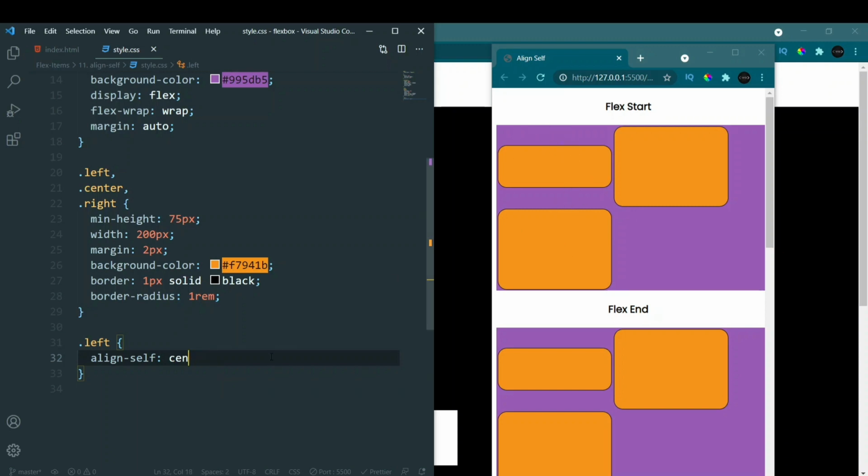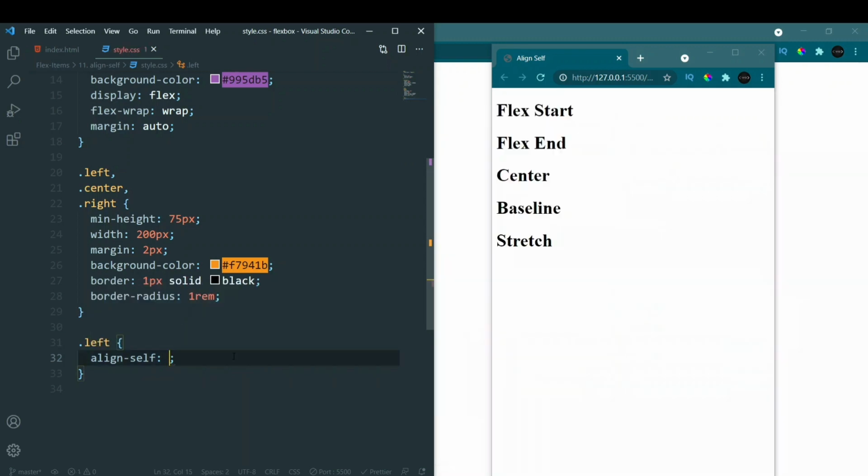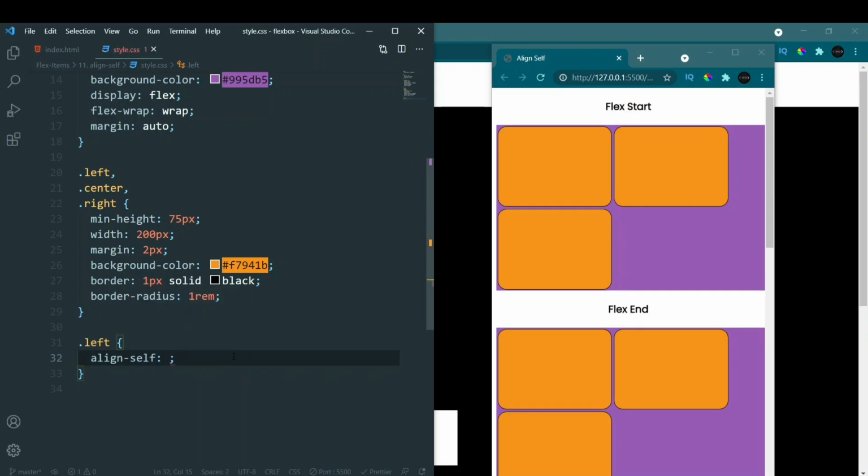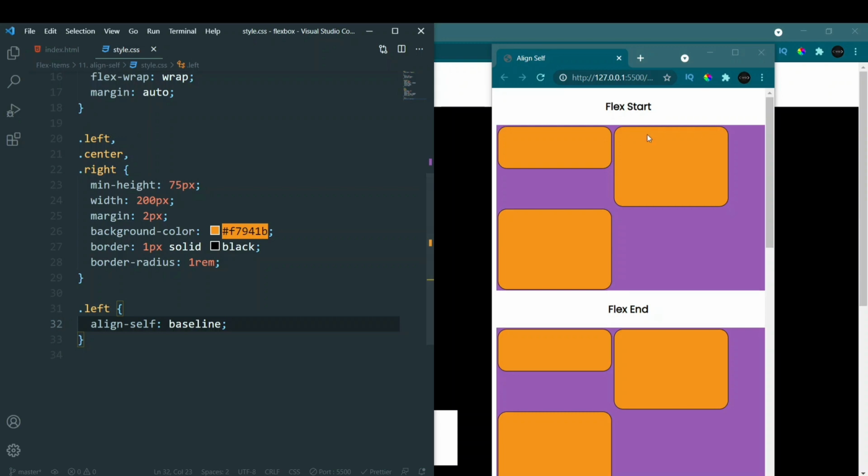And if I change it to, let's say, flex end, you can see it moves to the end. Then if I move it to flex start, it moves to the start. Then the next properties that we had were stretch and baseline. So we'll add stretch. Let's see what happens. It will take up the entire size, which is also the same with auto. And then we had baseline. So this is the baseline one, now it moves to the flex start. So again, you can try adding it to all three, that is left, center and right.